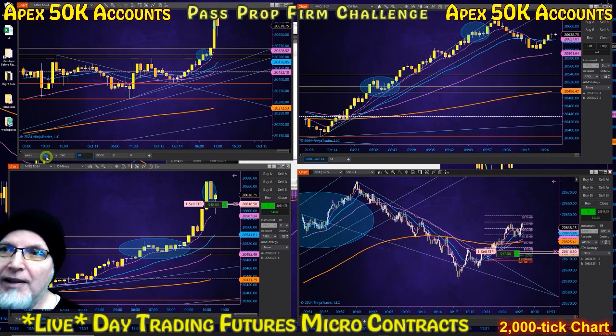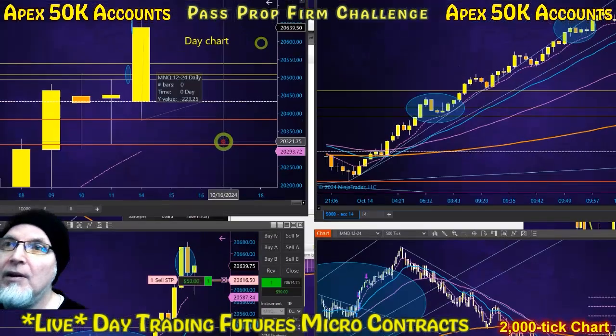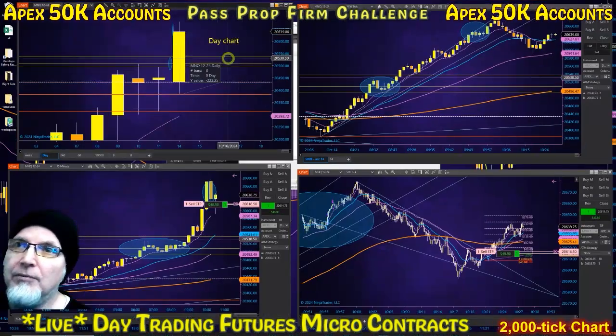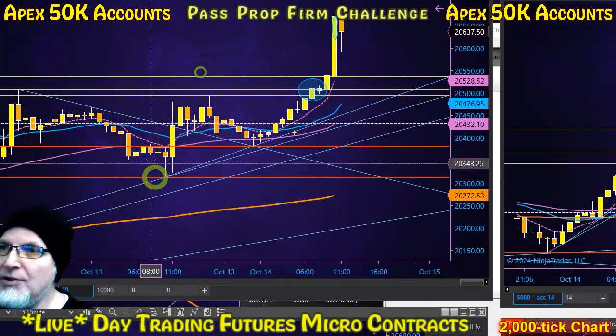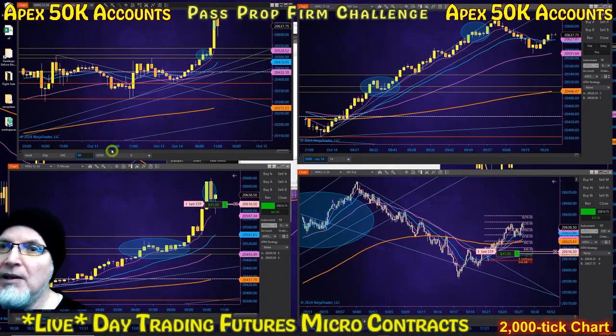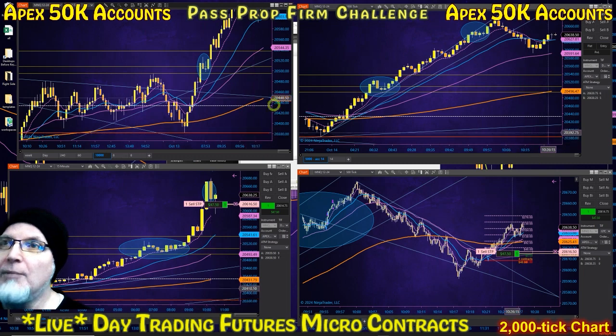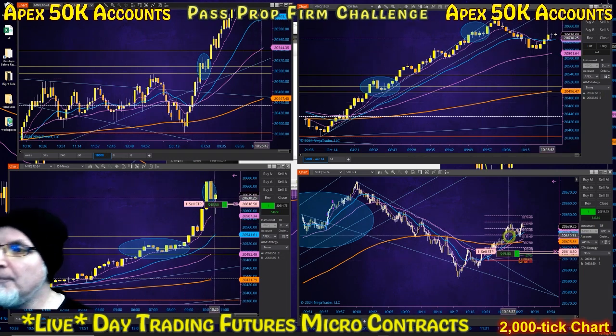We're talking about a day that looks like this, okay? The day is a huge green candle day. I like to look at the 60-minute chart. Where are all the moving averages? What's everything looking like? Everything's trending up. So there's no problem with me trying to look for a trend line break. Here's the 10,000 tick chart, right? So,